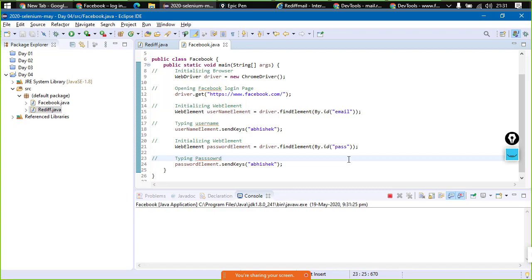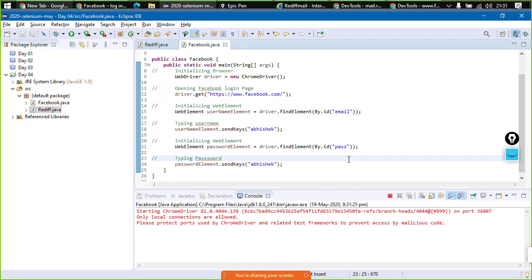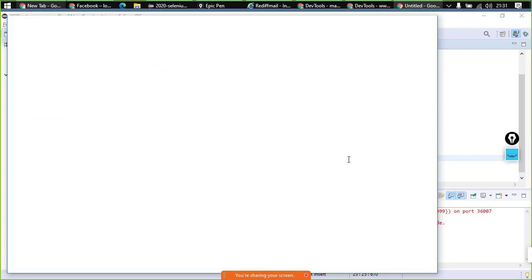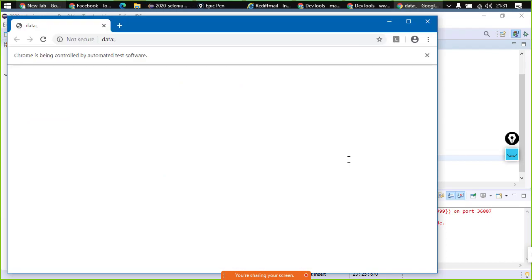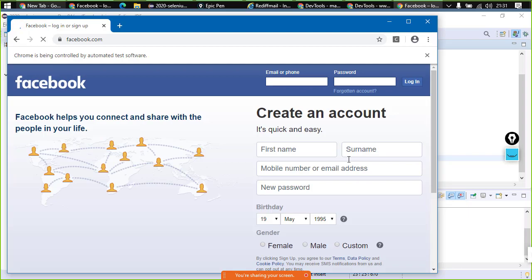The best thing to be sure of is to try out that code. It may fail, but you'll get to understand what was the failure, right? Now over here, as you guys can see, the page is opening and it is taking a bit of time to load. Once the page load is complete, it would be trying to look up those elements, and if the elements are available, it will be typing in the username and the password. Otherwise the code will throw an exception, right?